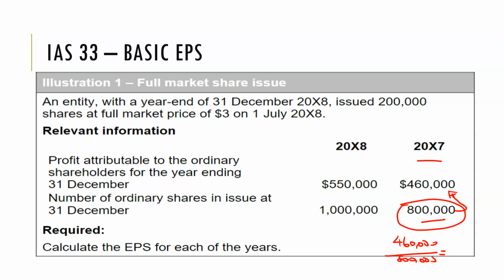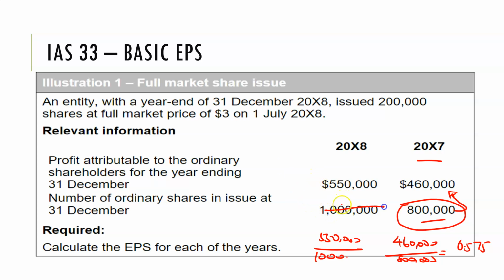460,000 divided by 800,000, and that's equal to 0.575. And then what I have here is 550,000 over 1 million. So of course you can see I've rushed there, and this is a normal thing we would do in error, because typically when you're just doing this in a rush, it's important to realize that actually what's happened here is